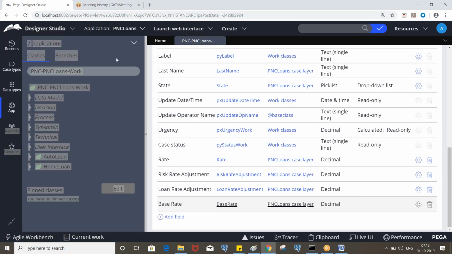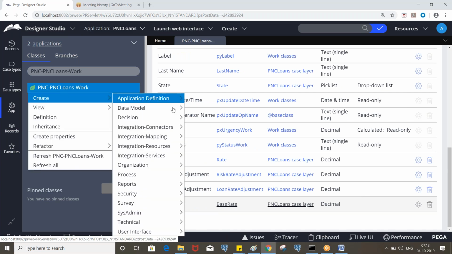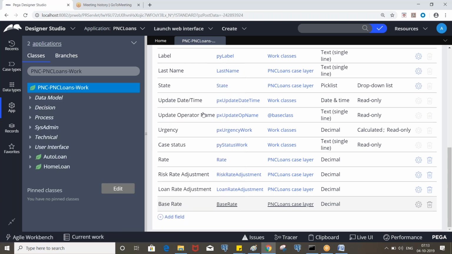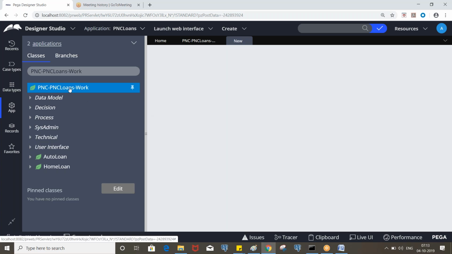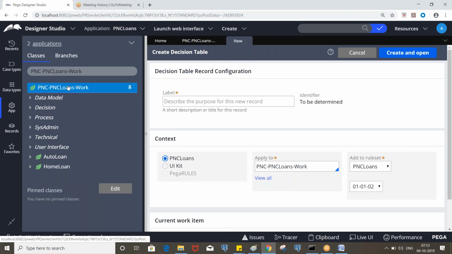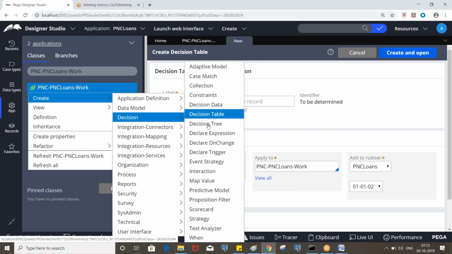Yeah. So decision rules are part of the decision category. Okay, go to the decision table. Sorry, tree, right? So based on the requirement, you need to choose either table or tree.